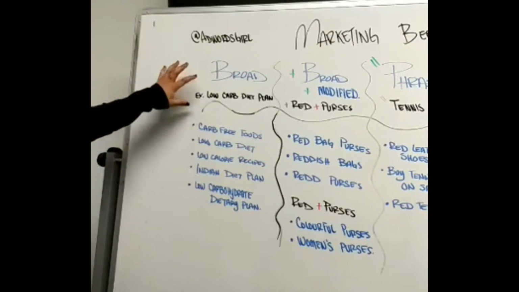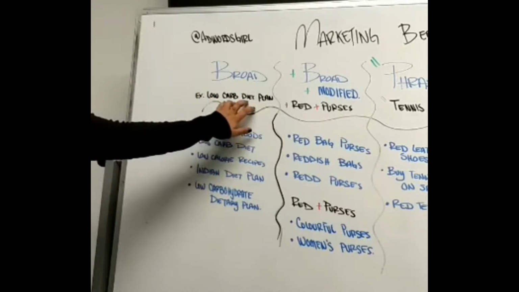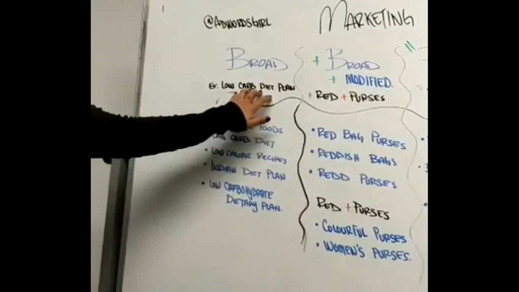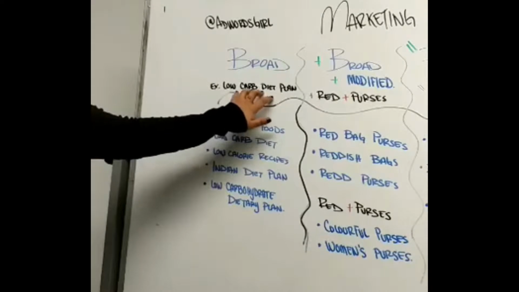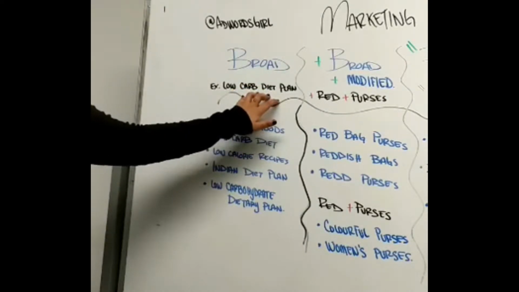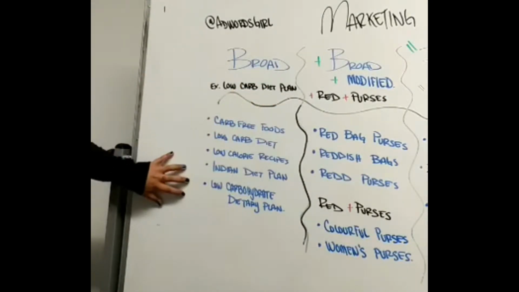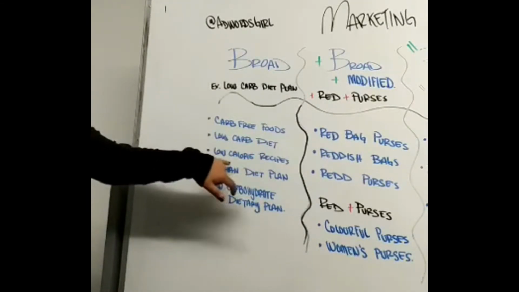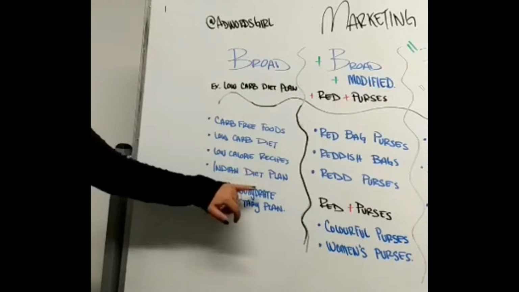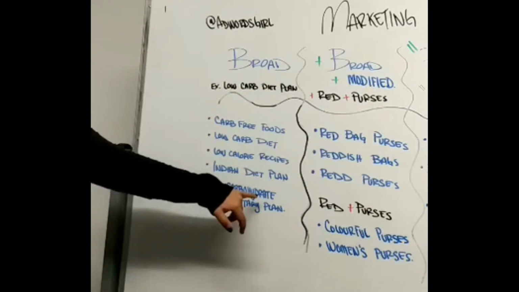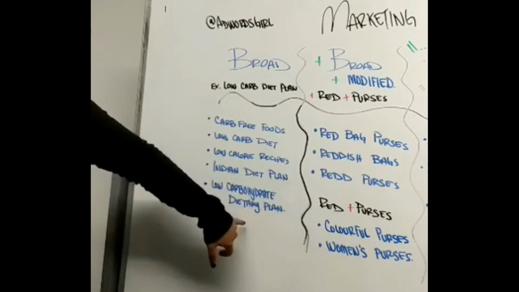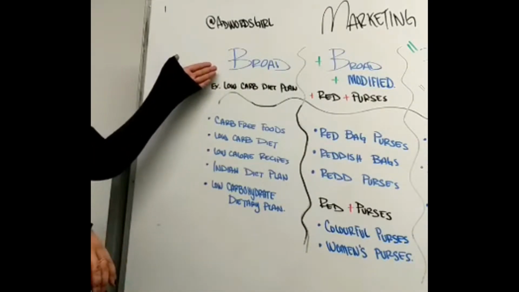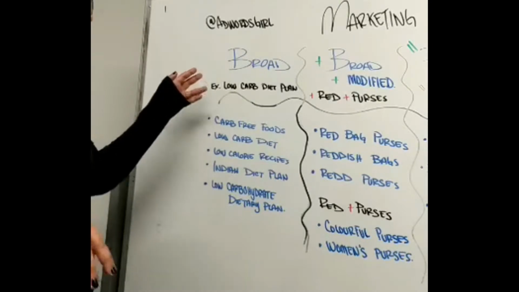For this one, I'm using low-carb diet plan as the example. What we would do is enter the key term just like that, with no symbols, no nothing. It would just be low-carb diet plan. The searches it would actually show up for would be carb-free foods, low-carb diet, low-calorie recipes, Indian diet plan, low-carbohydrate dietary plan. And the reason they do that, and when I say they, I mean Google, is that they